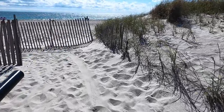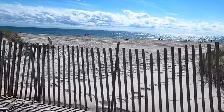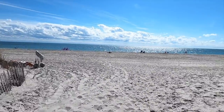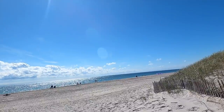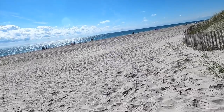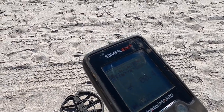In the wet, we're gonna move it down to 0. I mean, even in the dry, we're gonna move the ground balance down to 0. But I don't think it's gonna be able to work the same as a multi-frequency detector. Beach, there we go. Okay, now